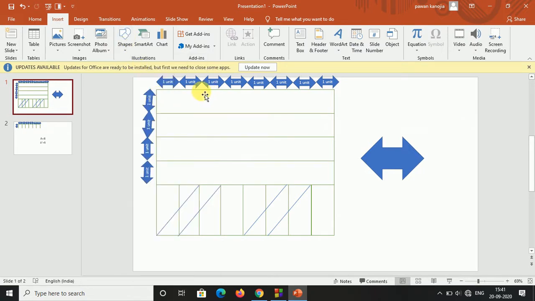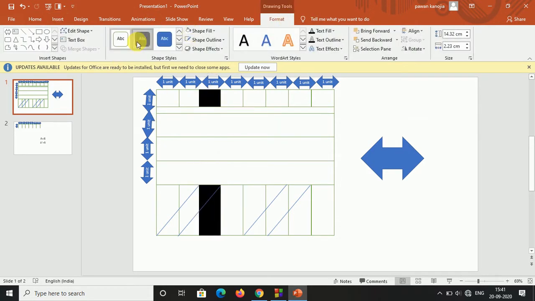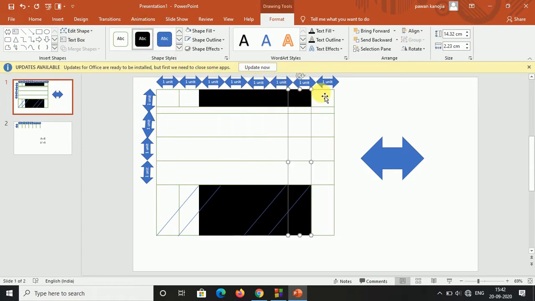Just fold these two papers, this one and 2. When I fold, this 2 will be invisible and it overlaps on this 2 block. So 1 2 3 4 5 6, only this will be remaining. I'll show you. 1, not this one, 2 3 4 5 and 6.